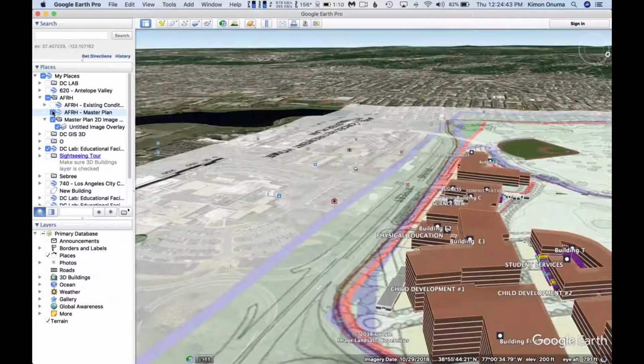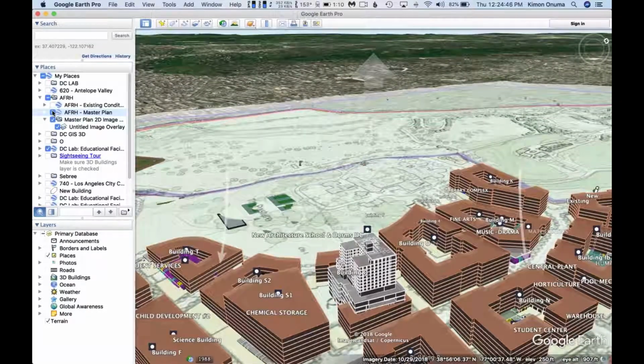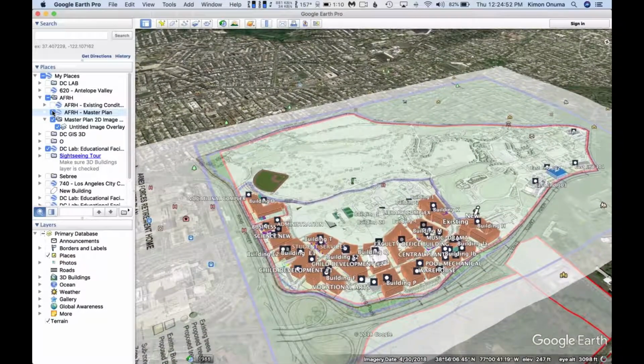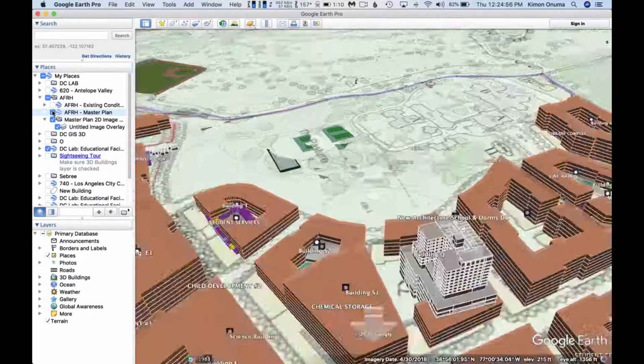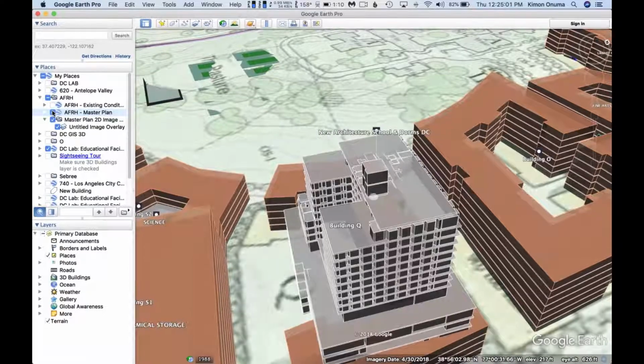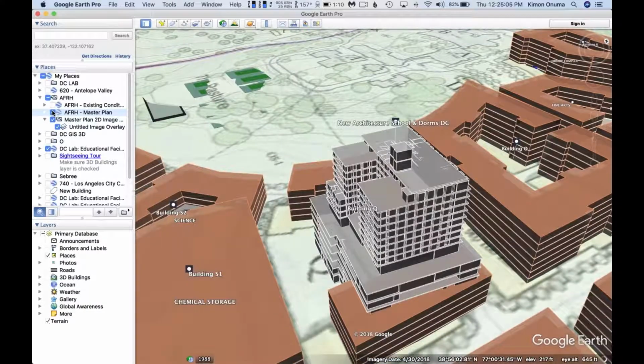So this is a combination of using Google Earth and GIS and even paper documents or PDF documents that were brought in from the background for the master plan, and being able to merge them all together and have a very specific discussion of, can we put this building on this site? And obviously, no, we have to chop this down, remove the floors, it's going to get cheaper, and all that kind of stuff. I want to stress again that this happened very, very quickly.